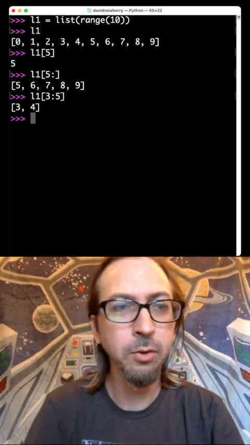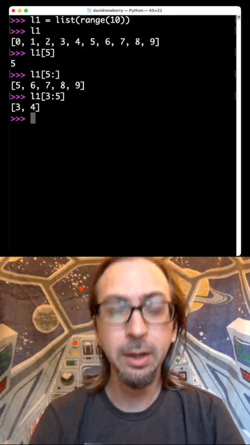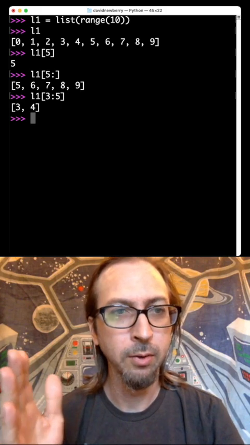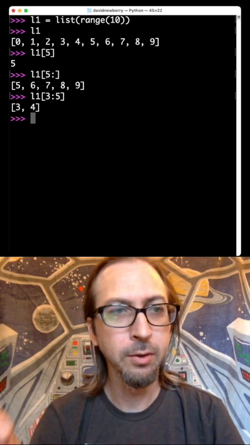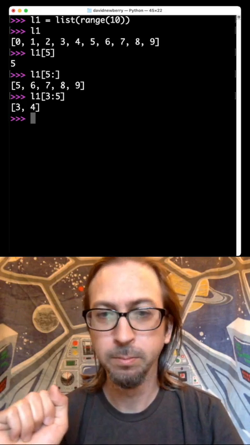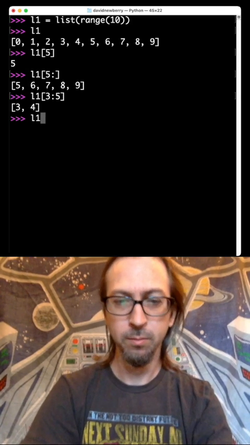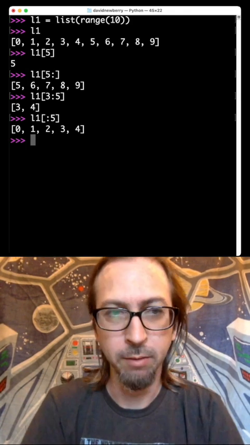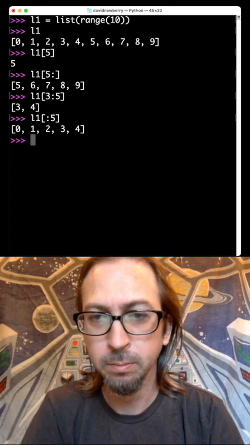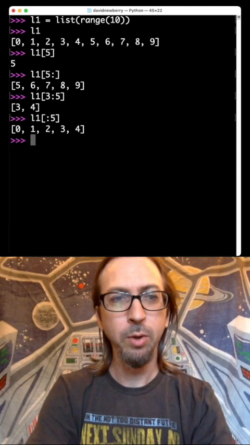And notice that what it's doing is it's starting at the first index, and it's going up to, but not including, the second index. So when we specify the slice 3 to 5, it's going to include items at index 3 and 4, but not at 5. And we can also omit the first number, and it will start at the beginning of the list and go up to, again, but not including the second index. And we can include a third number, and if we omit the first two,